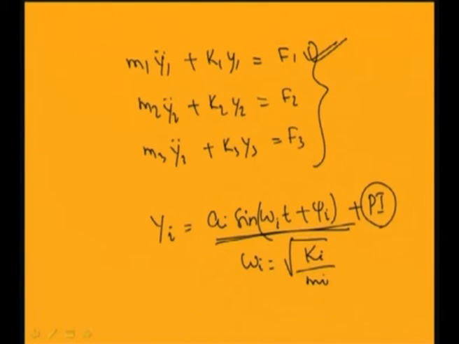The particular integral one can find from the force. This will give rise to the steady state response of the system, and the complementary part is the transient part of the system. Due to the presence of damping, this part will be 0 and one can obtain the particular integral part of the system. So in this case, one can write f1 equal to f sin omega t.